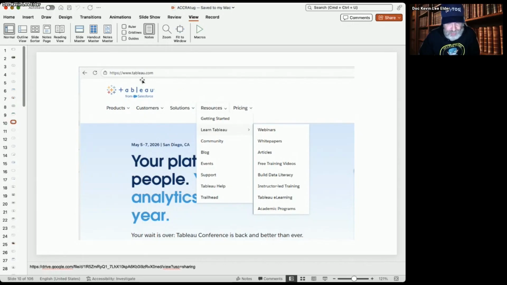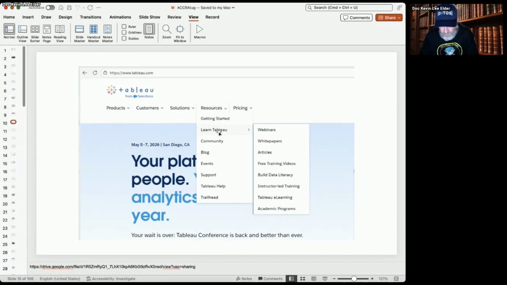So if we go to the Tableau.com website, under resources, there are a tremendous amount of resources. This is what I love about Tableau. There's no other platform, no other package that will bring all of these things to bear for you. And if you go out to where it says resources and getting started, Tableau has a whole bunch of things to get you started. And those are all tied into Tableau Desktop. So when you open up Tableau Desktop, getting started, before you open a workbook, is in the upper right-hand corner. It will take you right to this get started site on Tableau's website.